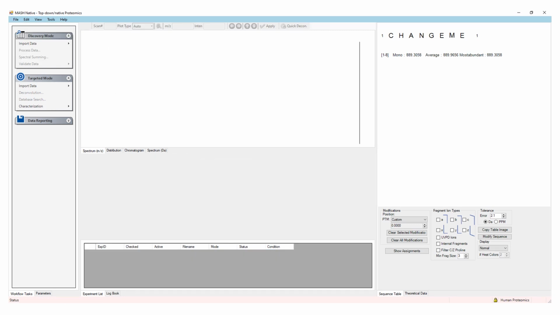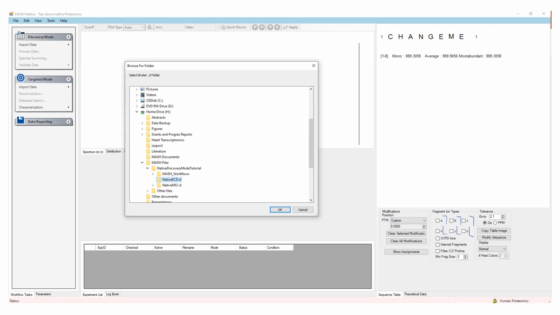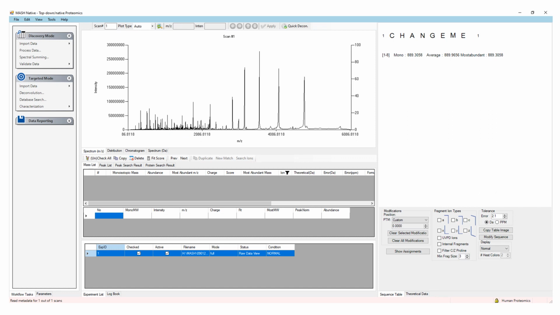Next, we will use the MSMS data file for fragment matching. In the same manner, use the Import Data function in the Discovery Mode node to import the sample bruker.d native ECD folder. You should now see the raw data in the top center panel. To complete the database search,